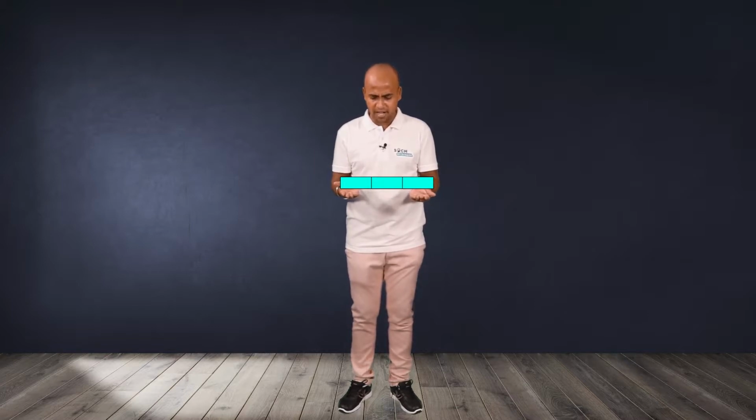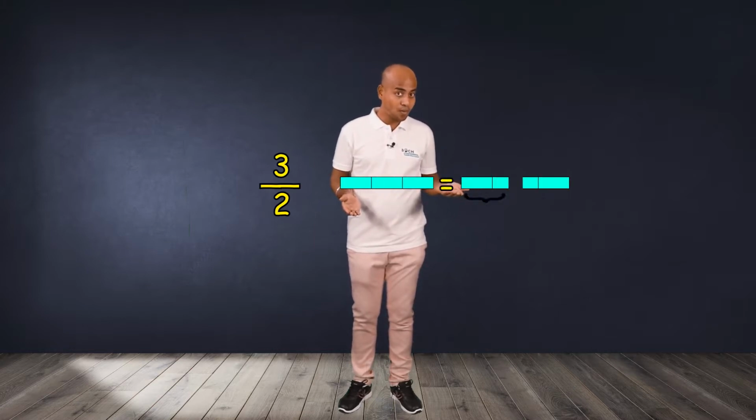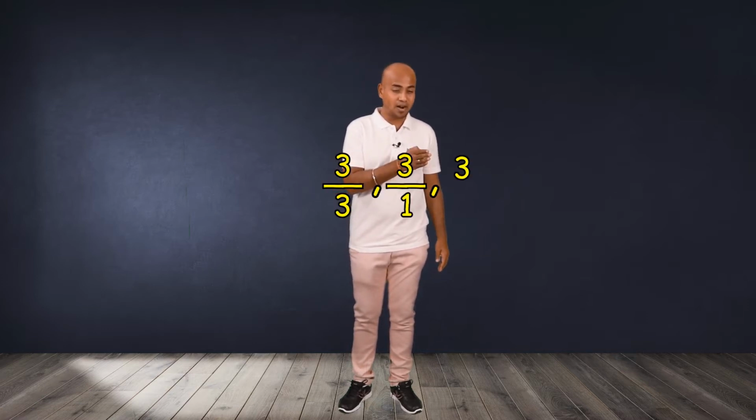And if I want to divide this 3 by 2, then what do I get? A bar of 1.5 length. It is not an exact division. Therefore, 3 is divisible by 3, 3 is divisible by 1, but 3 is not divisible by 2. Such a number is known as